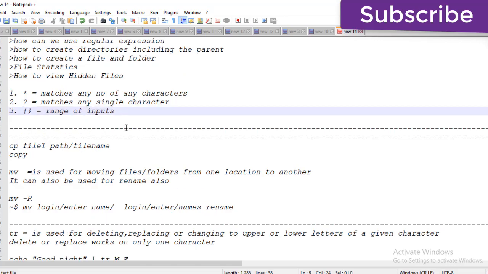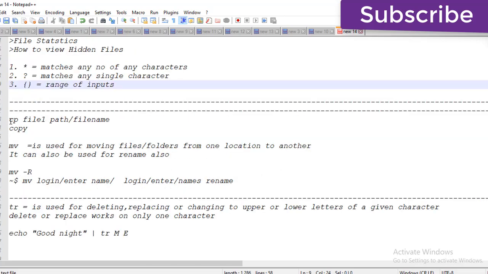Coming to today's class, I am going to discuss how to copy files from one directory to another directory. I want to copy the files and folders in one directory, where there are two to three folders, into another file in the same directory.